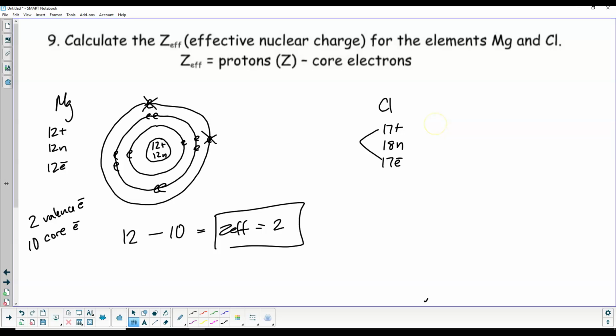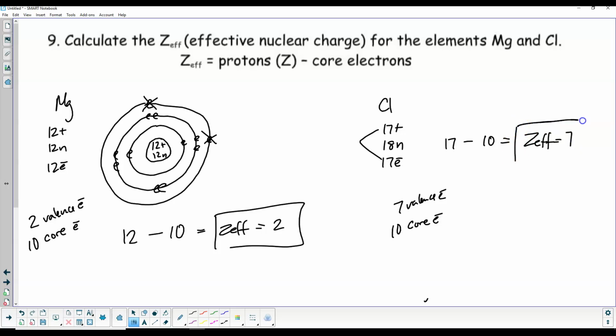So if I'm going to do this formula, the number of protons chlorine has, it has 17 protons, minus... Well, if you look at this, if there are 7 valence, and there's a total of 17, that means I have 10 core electrons. Okay, well, if I'm going to take 17 minus those 10 core, that means I have a Zeff of